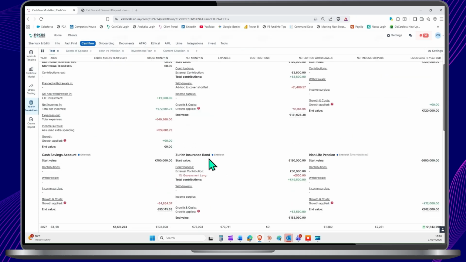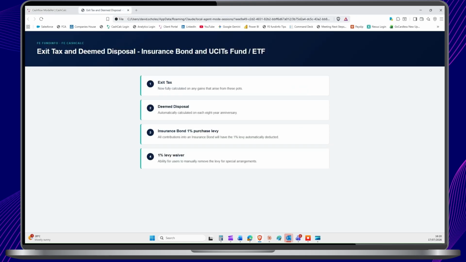If you scroll down to the insurance bond, there's a 1% government levy being taken, 500. So yes, contribution of 50,000, levy is going to be 500. So actually the contribution into the bond is 49,500. But again, had I ticked that box, that 500 wouldn't be there, and it would be the full contribution of 50,000. So that's how we now take care of exit tax and deemed disposal for insurance bonds, UCITS, and